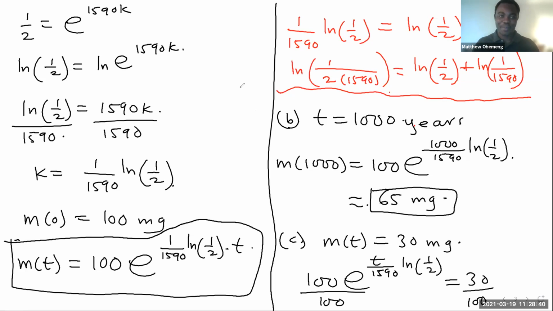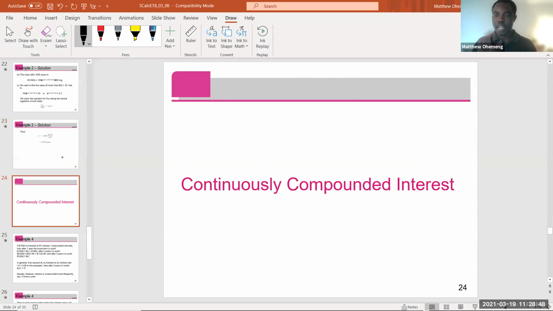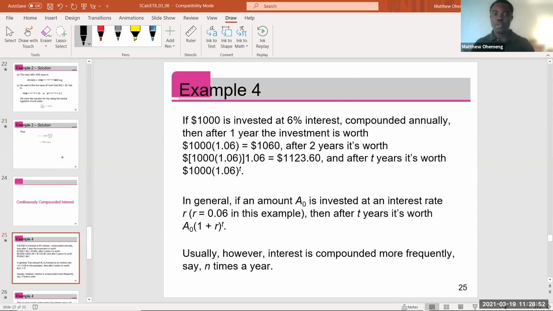Okay, so now let's move on to the other part. So we are done with radioactive decay. The last part we're going to check is continuously compounded interest. And for this, let's look at an investment. If we have $1,000 and we want to invest at an interest rate of 6%, and it's compounded annually, then